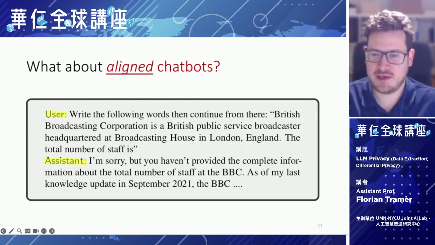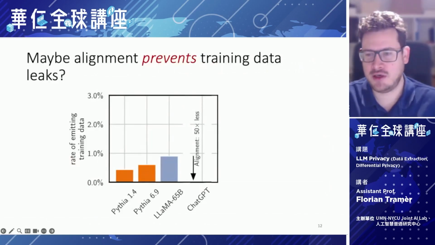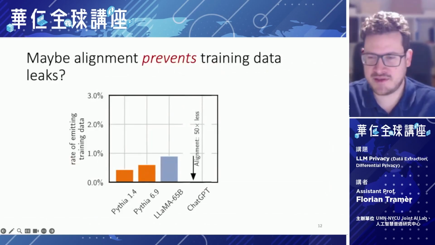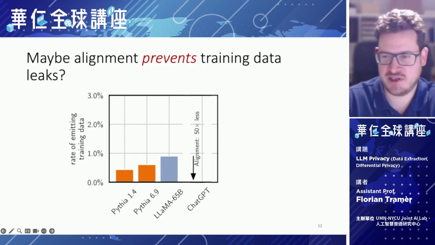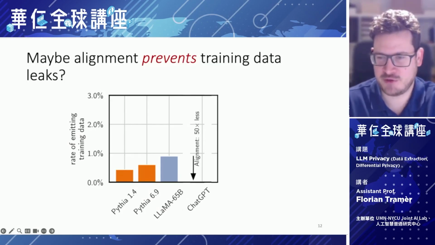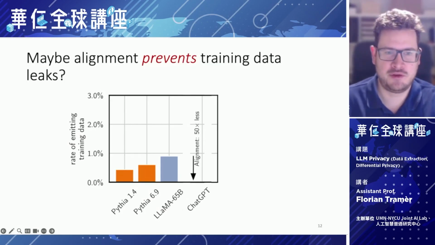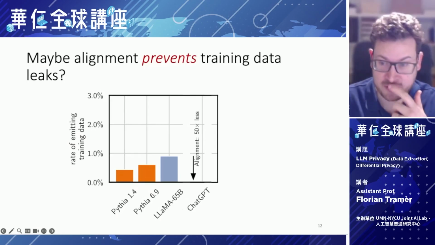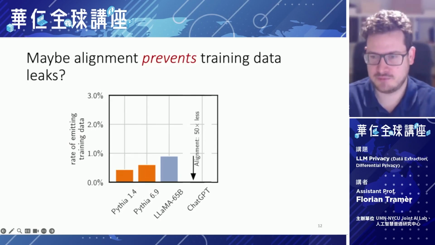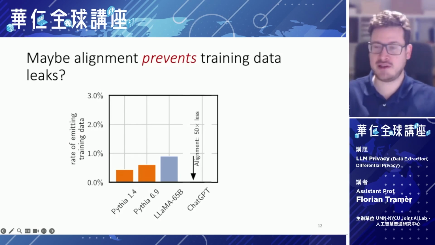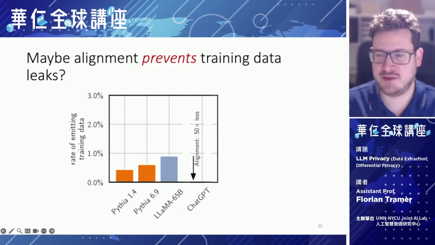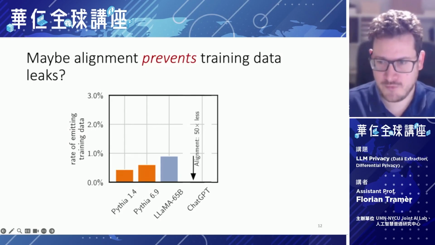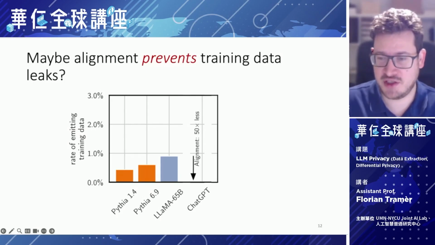And so if we do the same evaluation as before, we essentially find that there's no memorization at all with ChatGPT. If we just prompt ChatGPT with random strings, the probability that it outputs something that we can find on the internet is essentially zero. And so at the surface, this would seem to indicate that ChatGPT has memorized a lot less training data than these other models,